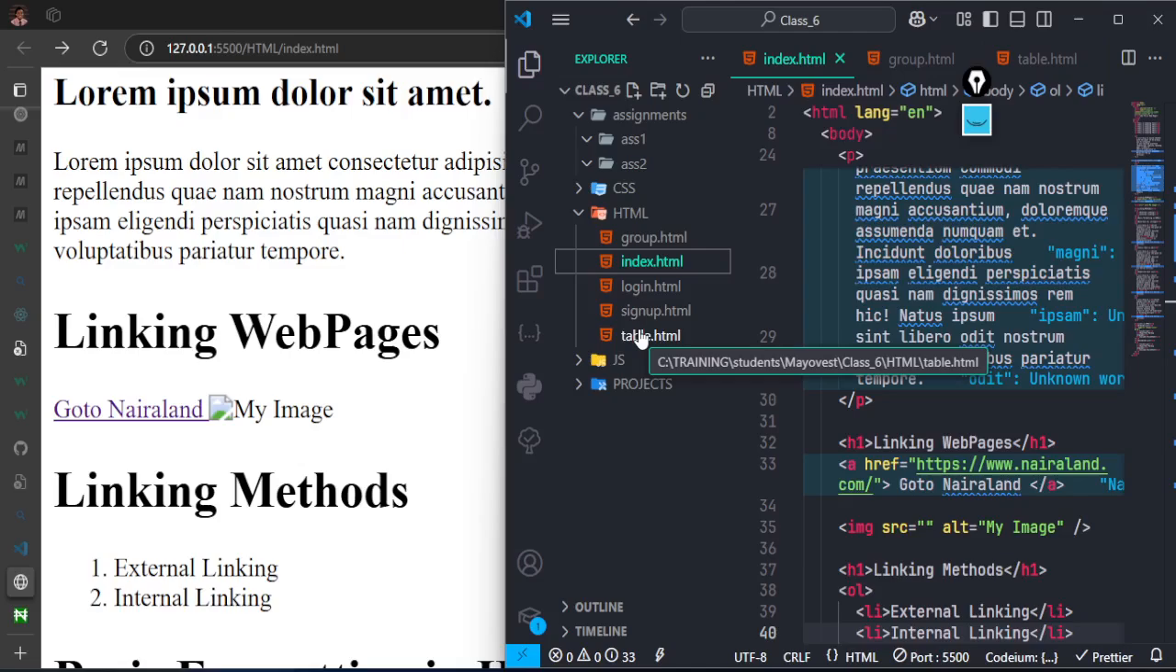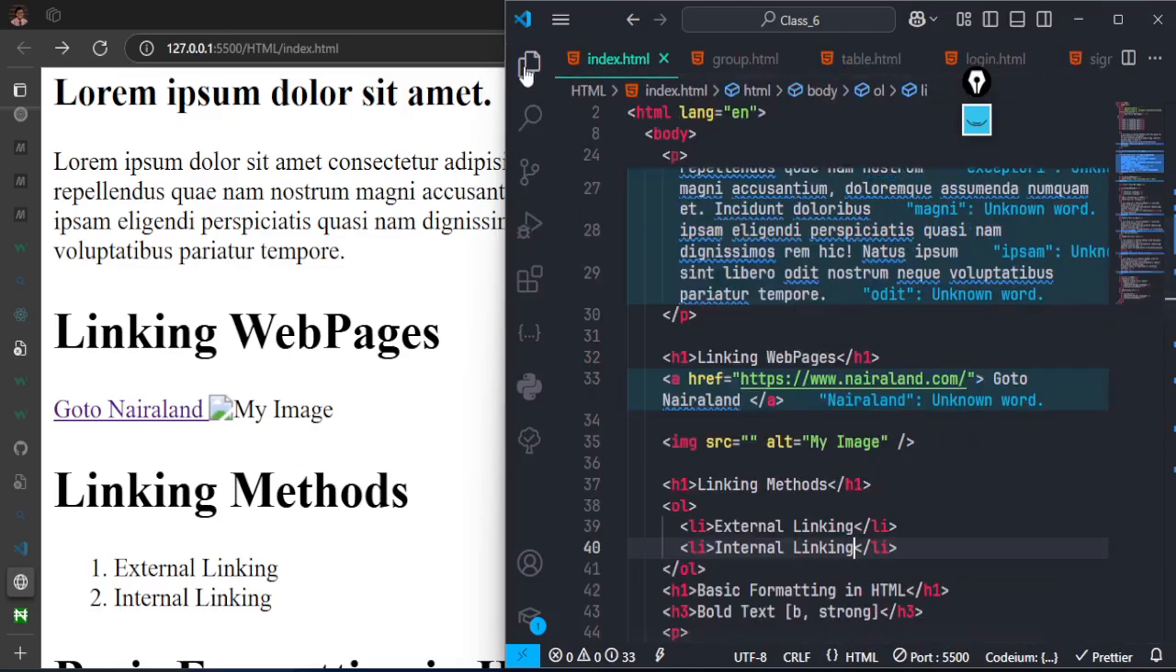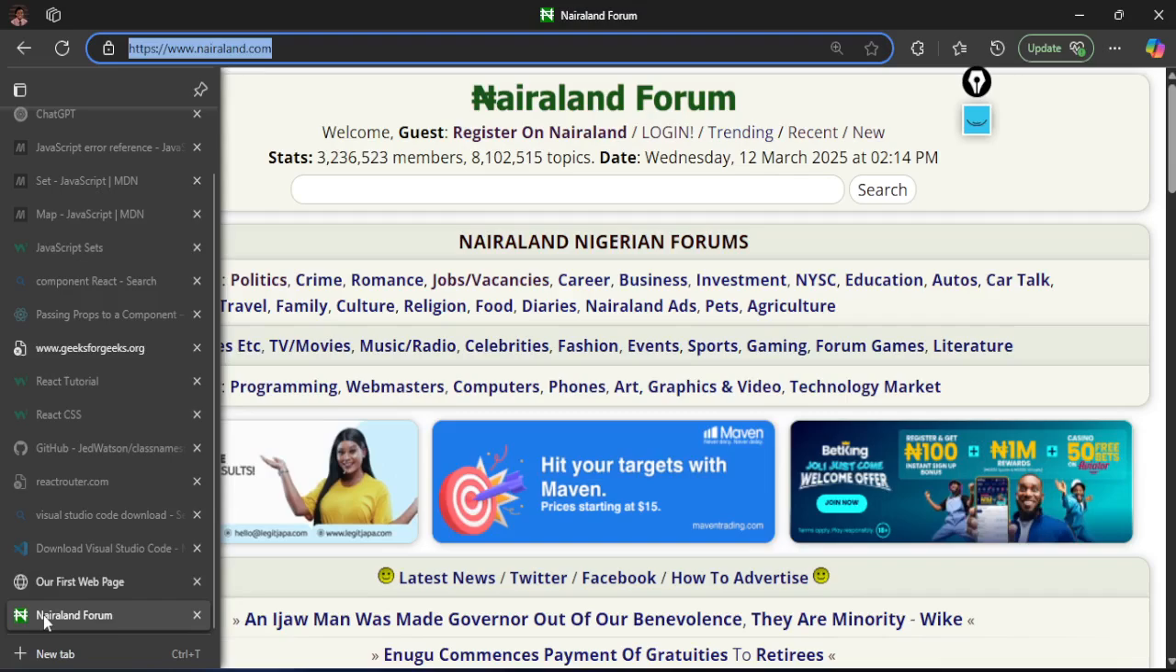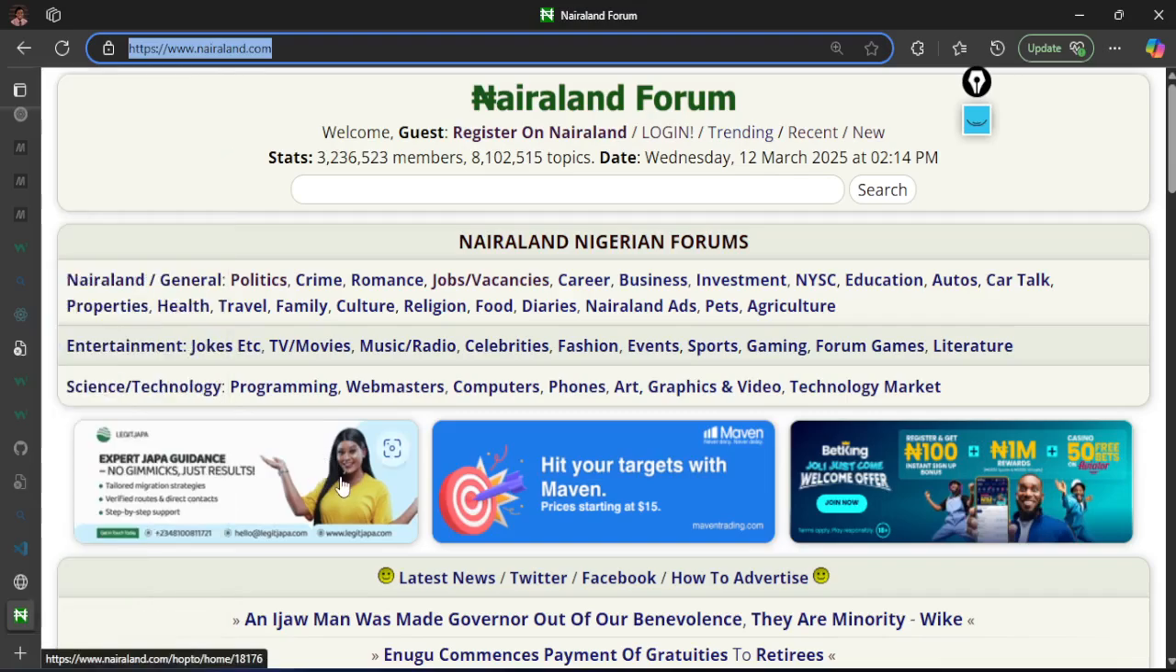But when it is external, you are connecting to another site entirely. Once you get the link from another site, it is referred to as external. And those external ones are the cheapest, and at the same time, you cannot change anything about them because you are not the owner. So the same thing here, we can get this external image from Nairaland, or let's